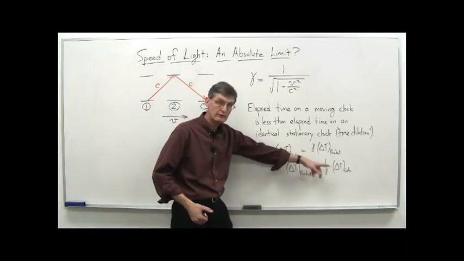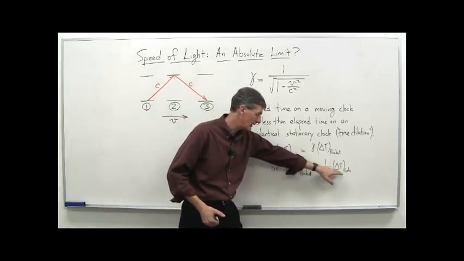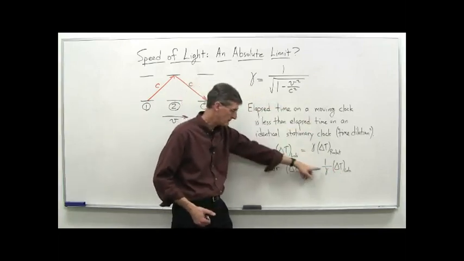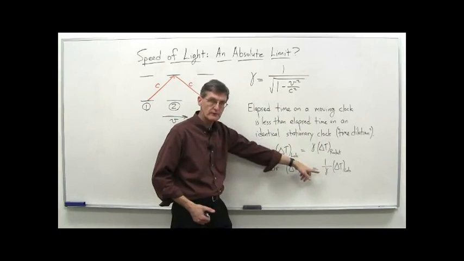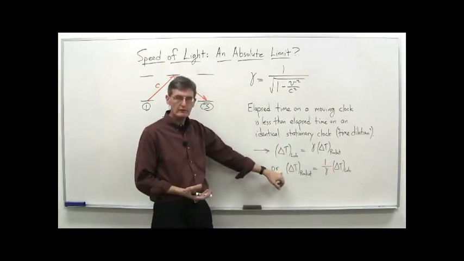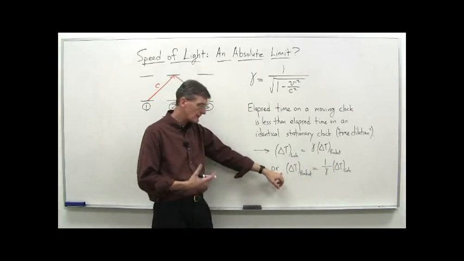We get a little more insight perhaps with the second equation. This says the elapsed time of the rocket clock is 1 over gamma times the lab clock. So whatever the lab clock is saying, 1 over infinity, if this really is infinity up here, that's just 0. It's saying no matter what the lab clock says here, the rocket clock is 0. In other words, the rocket clock never moves.